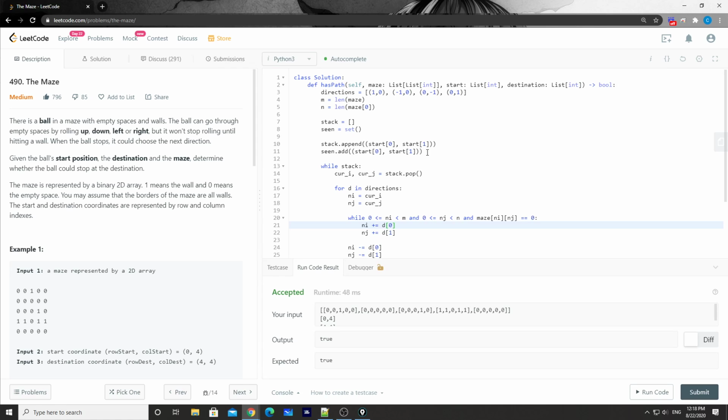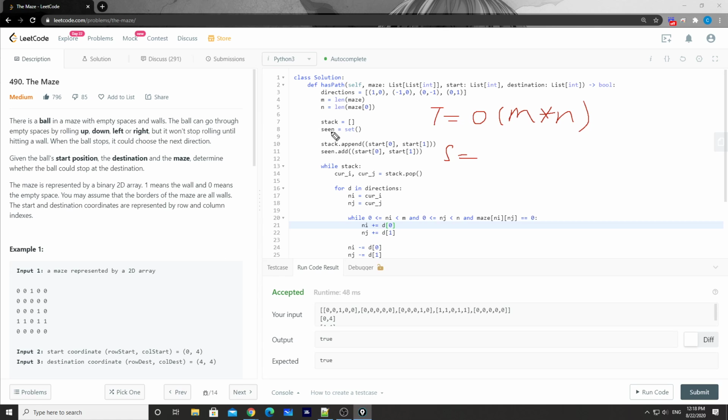Oh, and the space and time complexity. I think the time complexity is m times n. In the worst case scenario, we have to traverse the entire 2D maze, and that's the time.